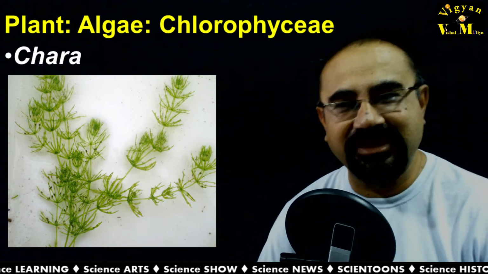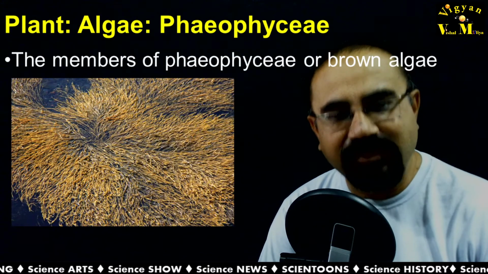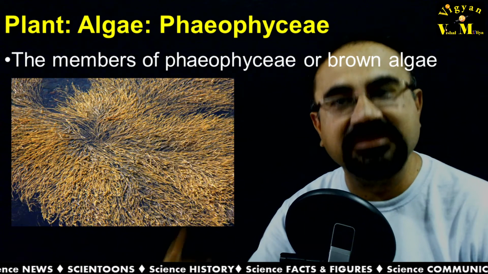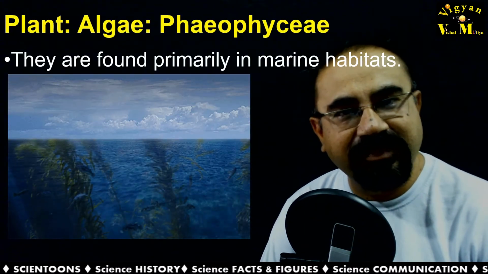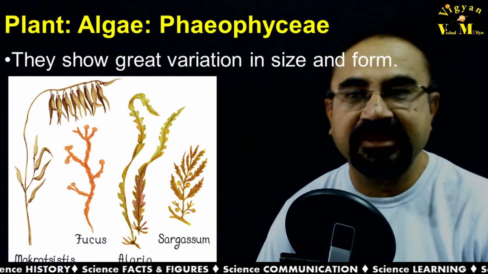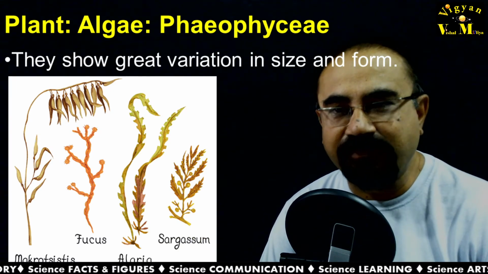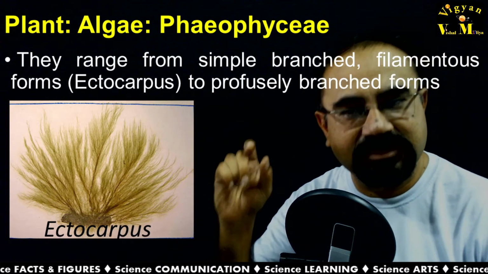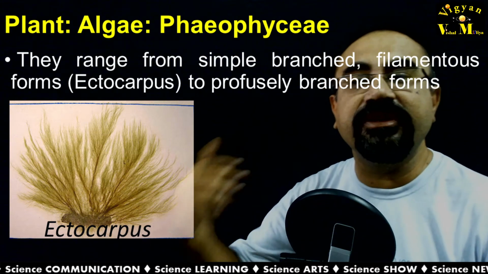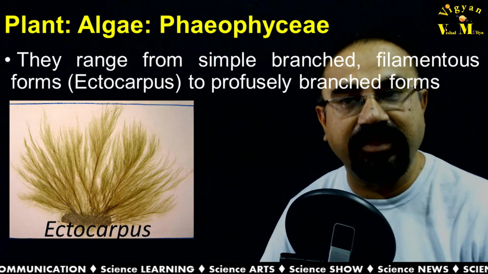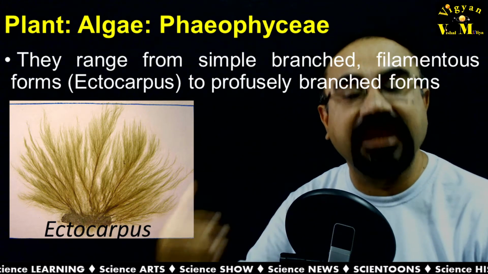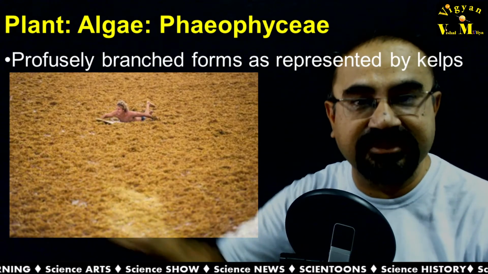Coming to the next group, that is Phaeophyceae. Phaeophyceae is known as brown algae, or the member is known as brown alga. They are found mainly in the marine habitat and show great variation in the size as well as in the form. It can be very small, simply branched, filamentous like Ectocarpus, or it can be a profusely branched form, and this profusely branched form is represented by kelps having huge size, huge